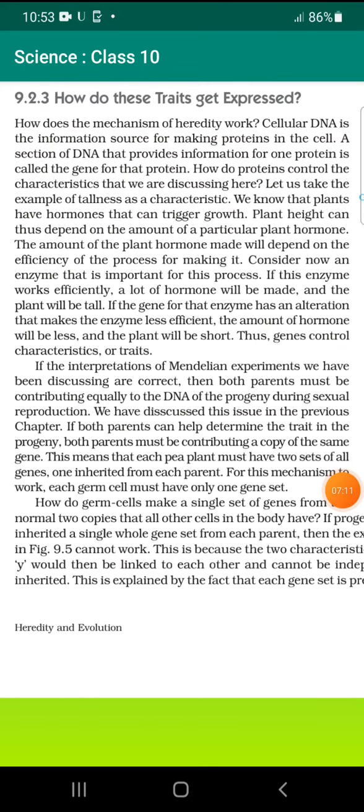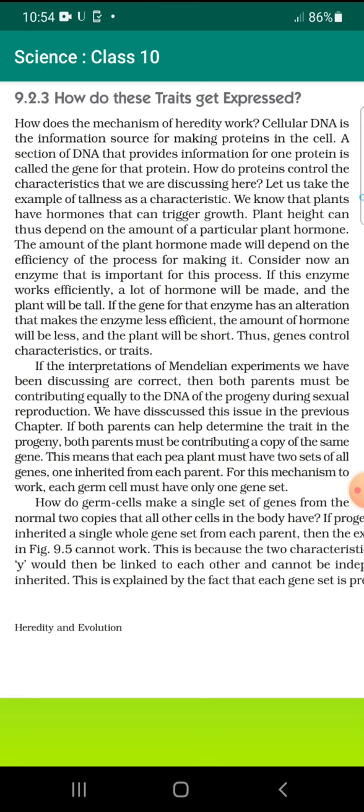How do these traits get expressed? How does the mechanism of heredity work? Cellular DNA is the information source for making proteins in the cells. A section of DNA that provides information for one protein is called the gene for the protein. How do the proteins control the characteristics that we discuss here? Let us take the example of